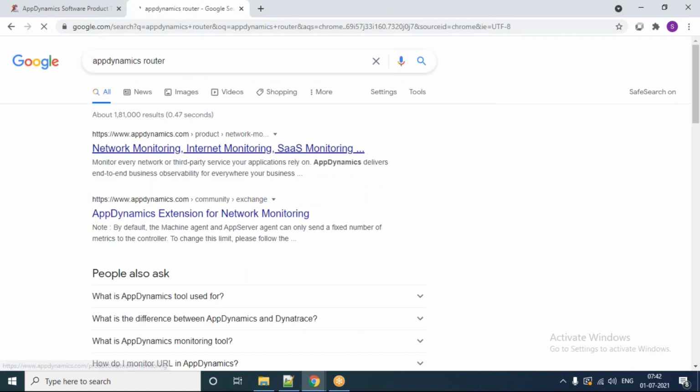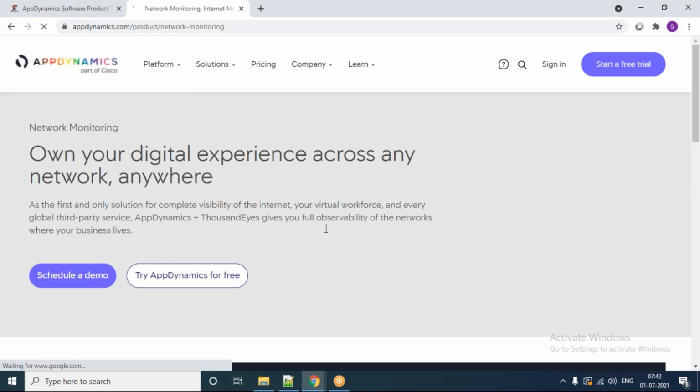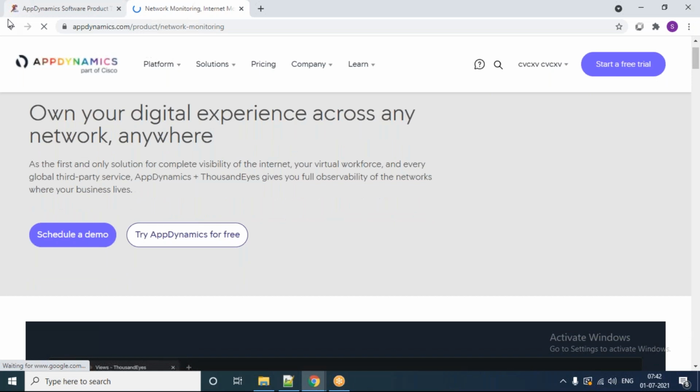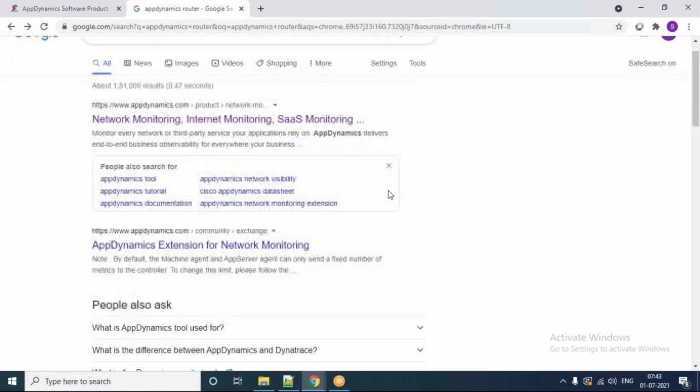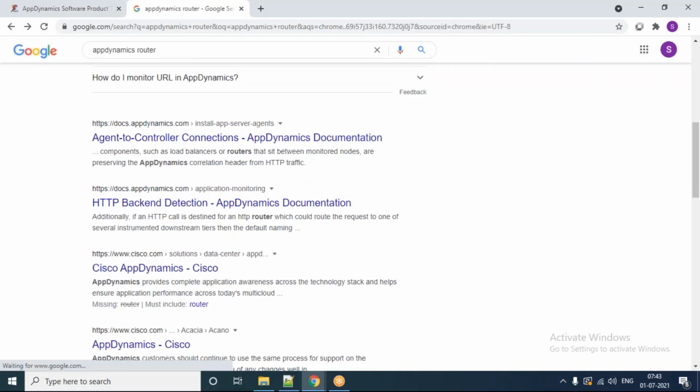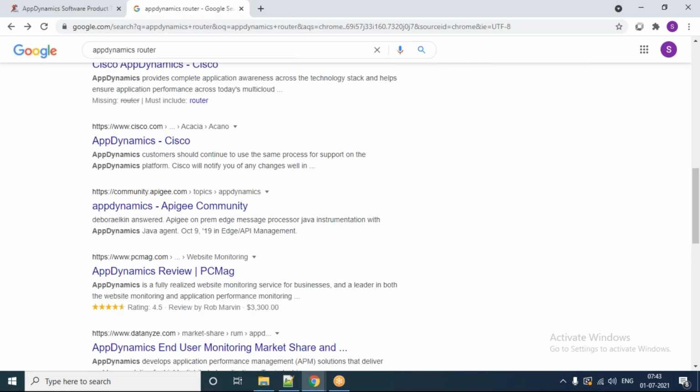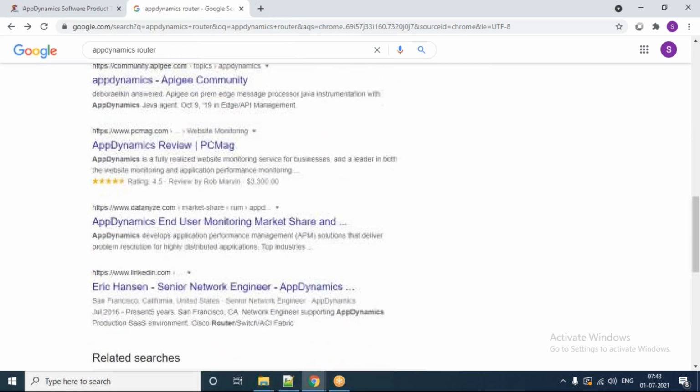So what I meant to say is we just want to know if the router is down, if the switch is down, or some port has gone down. Those kinds of monitoring. In their documentation they will explain. There are things there, but it is something you are trying to do additionally, not through the regular procedure. You need to have the extensions. Agents are different, extensions are different. That is what I'm trying to explain to you.